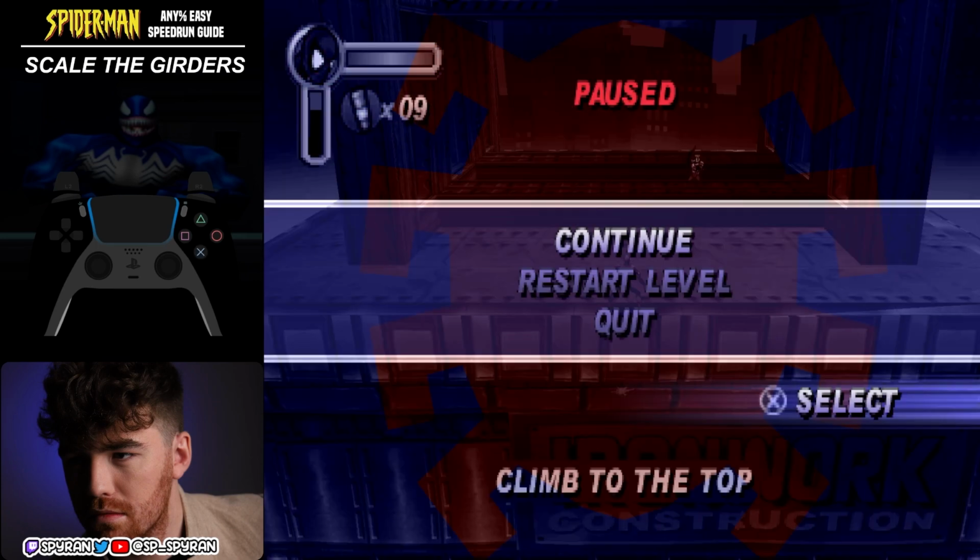Now, for the flying spider trick, I guess let me try and explain the concept of the trick because we use it elsewhere in the run. This is the first instance of it. The concept of the trick was discovered not too long ago, a couple of months ago, if that. And essentially, when Spider-Man's stuck on a wall, if you enter targeting mode and aim somewhere above you and to the left or right of you,